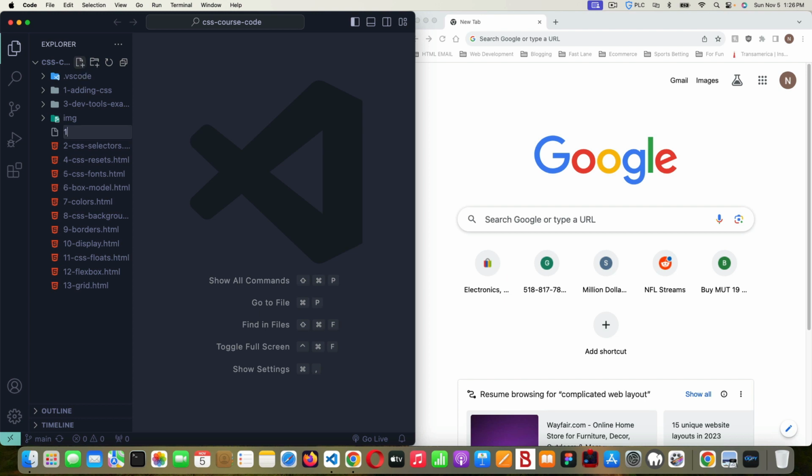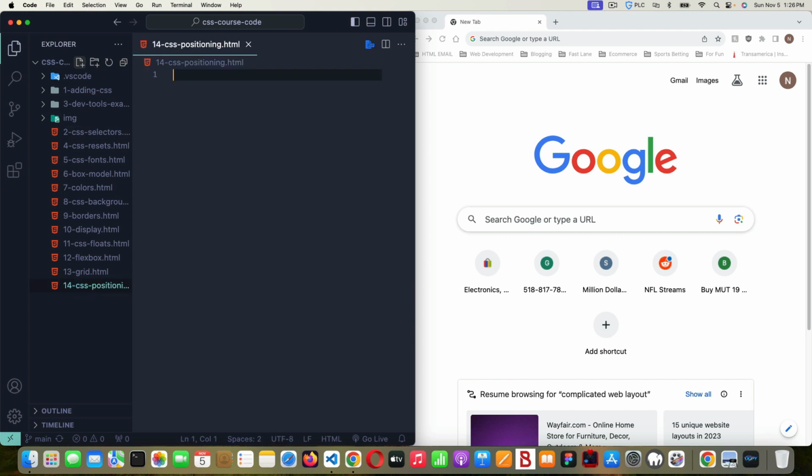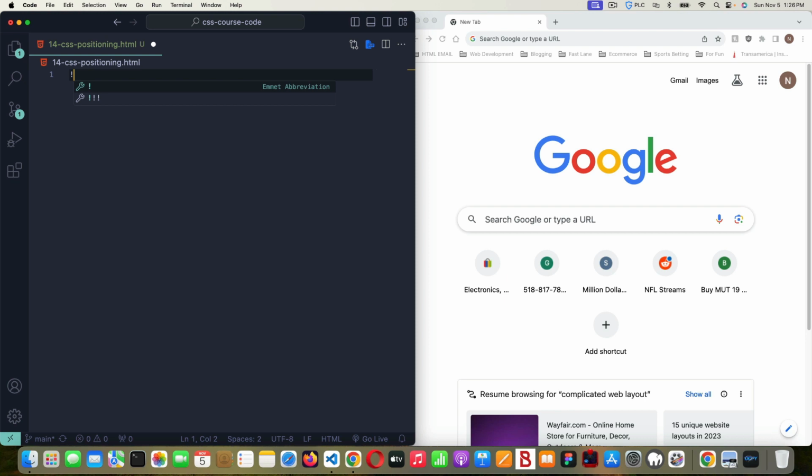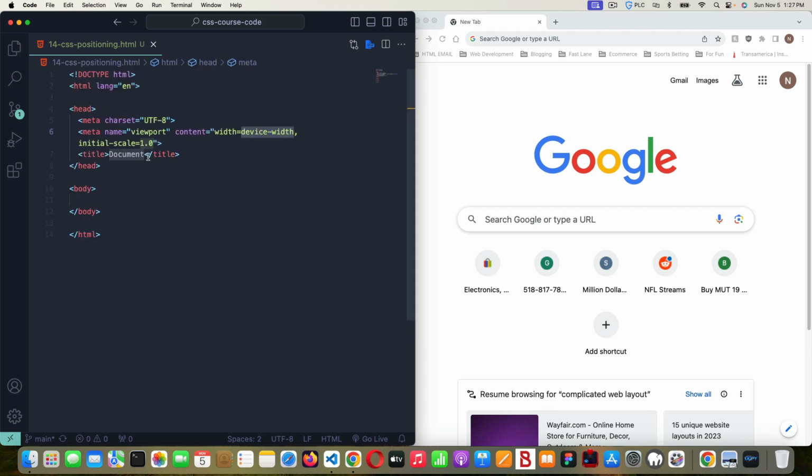But I'm going to call this lesson 14 CSS positioning.html, and we get our boilerplate code here. Make our title of our document CSS positioning,